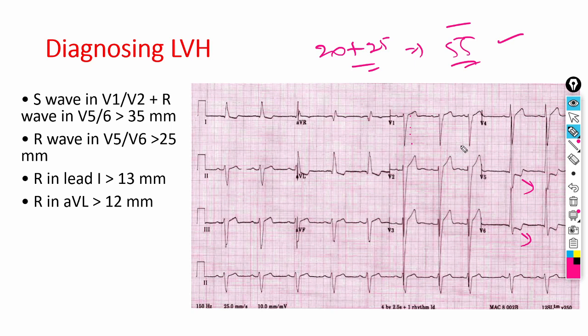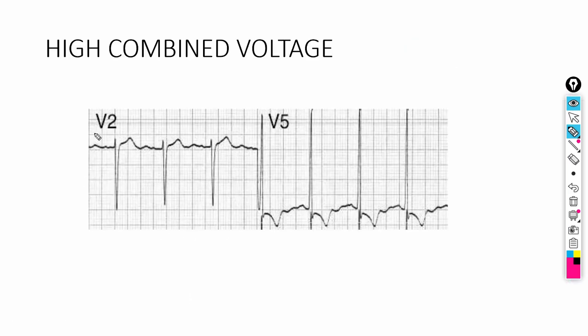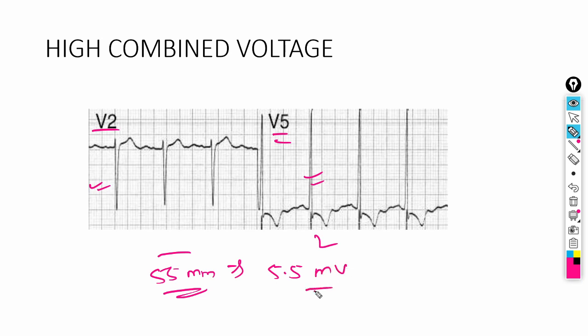This is a very severe type of LVH, and it has a poor prognosis. Again, there are deep S waves in lead V2 and tall R waves in lead V5 along with ST depression changes. The S wave depth and R wave height combined are coming to be 55 mm, that is 5.5 millivolt, which is very huge, and it is a strain pattern.